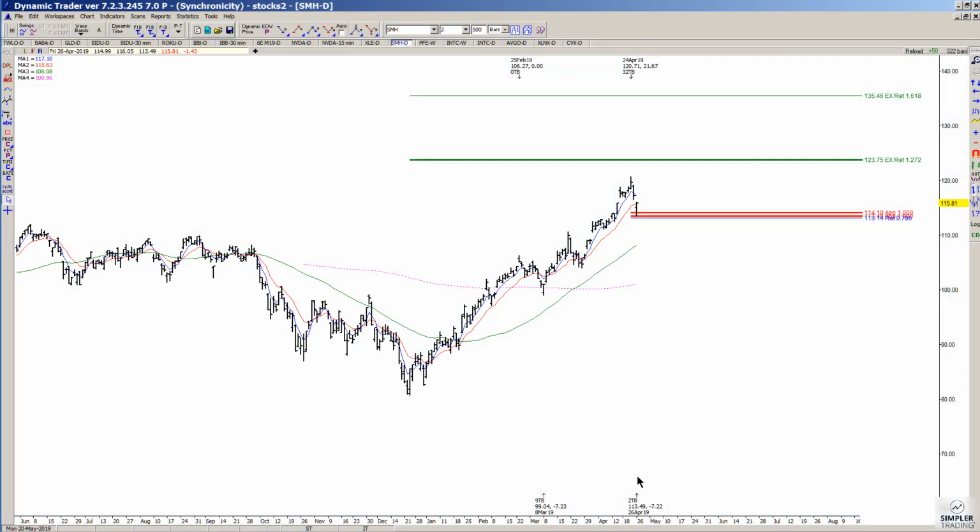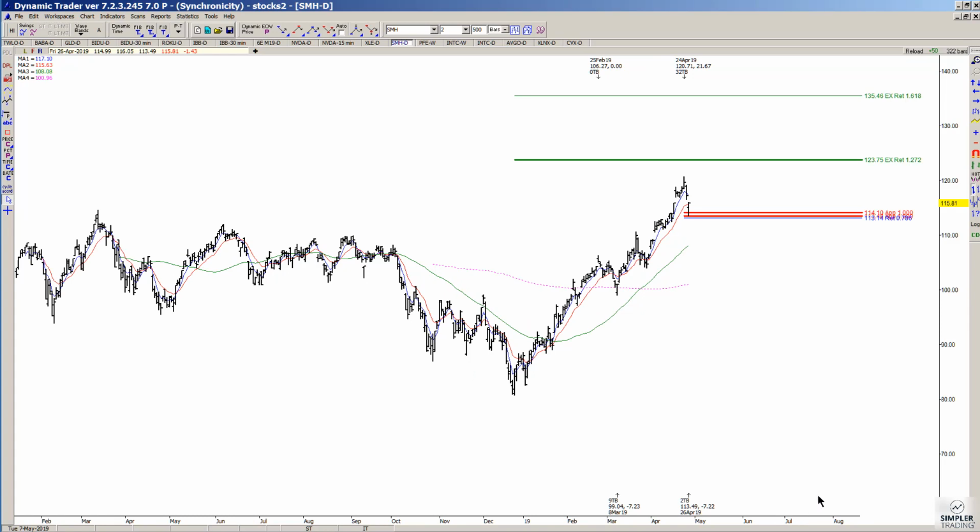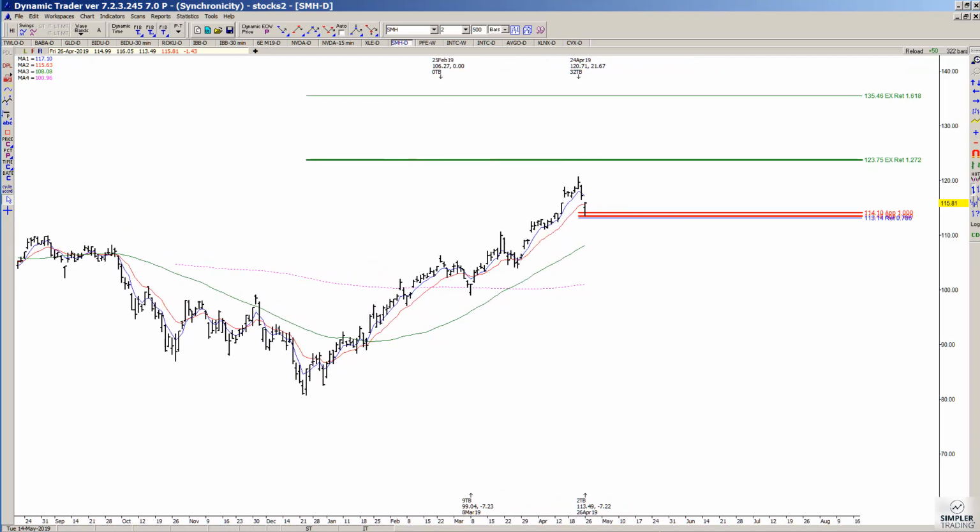Okay, in today's video we're going to take a look at SMH. Now, as far as my bigger picture work that I did way back when, I know that we are close to the initial upside target at the 123.75 area. Didn't quite make it. We got up to 120.71, but what's happened now is that we've got another entry opportunity